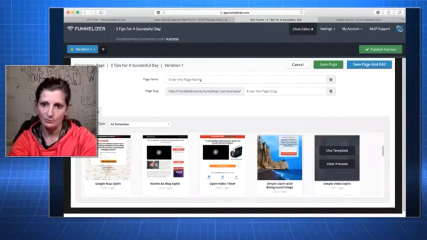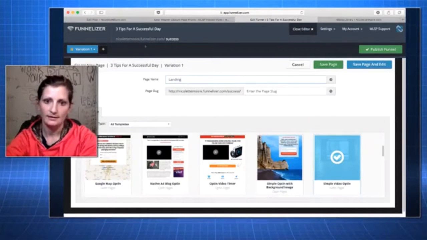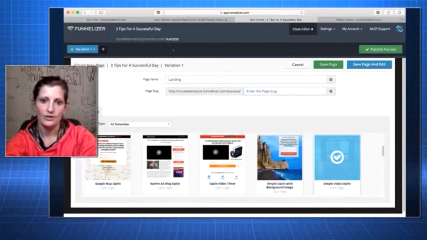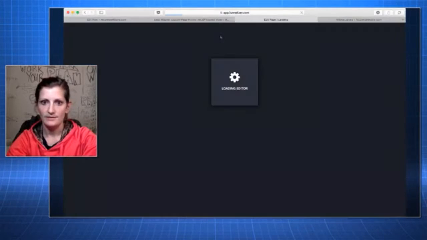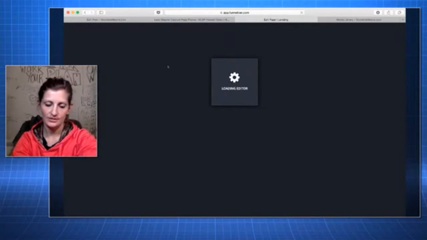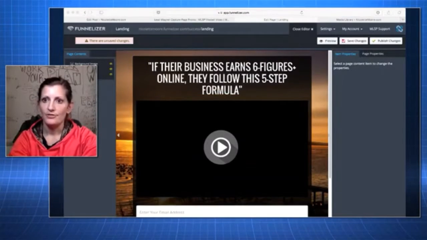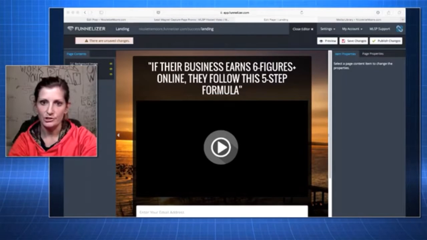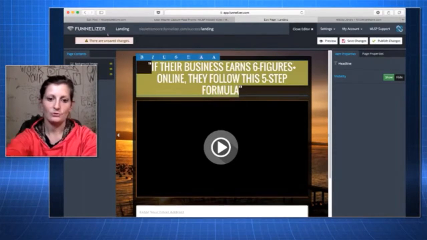So I'm going to choose this one. This one's a pretty simple page. So I'm going to use this template. I'm going to call it landing, and I'm going to call this landing as well. And it doesn't matter what you call it. Okay, so I'm going to save it, and now I'm going to edit it. So I'm not going to talk you through the funnel process. That's going to be a different training for a different day. But essentially, I'm just going to show you